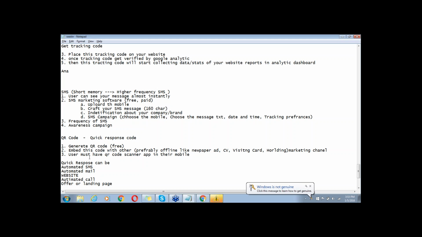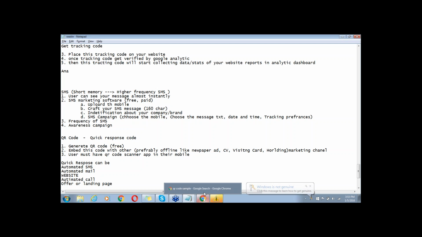As a response, you can open your LinkedIn profile, or your website, or any particular portfolio website. So you can quickly respond to the users. You understand what is a QR code?